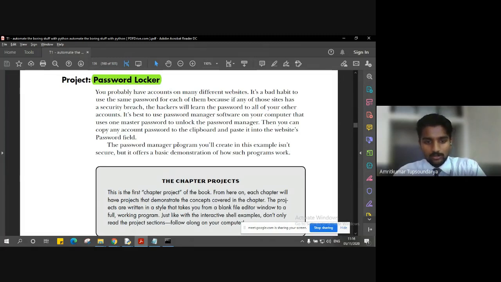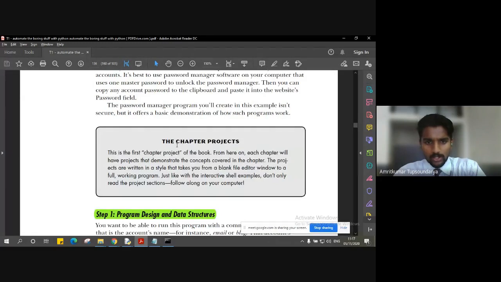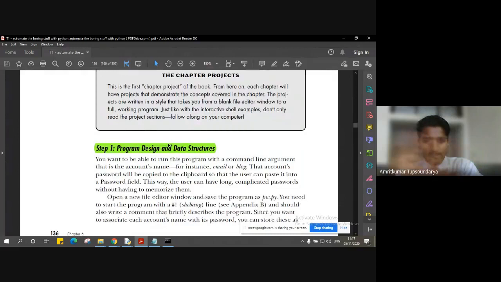So, with this overview, let me quickly have a first glance at everything we are going to do, and then we will step by step execute the program, instruction by instruction. Step one in the program is to first of all design the whole program and decide what different data structures would be required here.